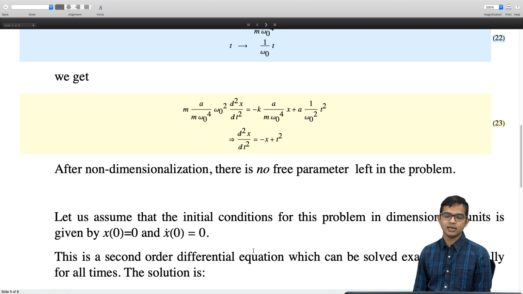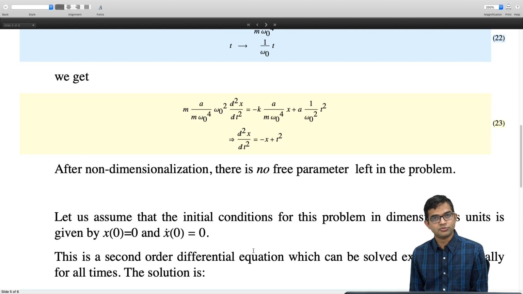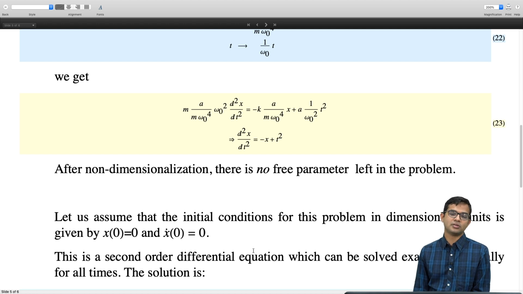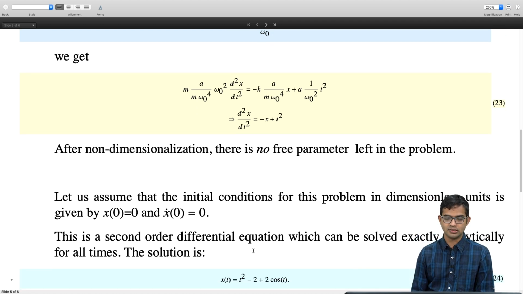So we saw that when I had just f naught, the particular solution was just a constant. I had a 1, and when I had t, the particular solution brought me a t. And now when I have an external force which is t squared, what do you think it will be? It's going to be quadratic in nature. So it's going to be, in this case, just t squared. So this is the solution.